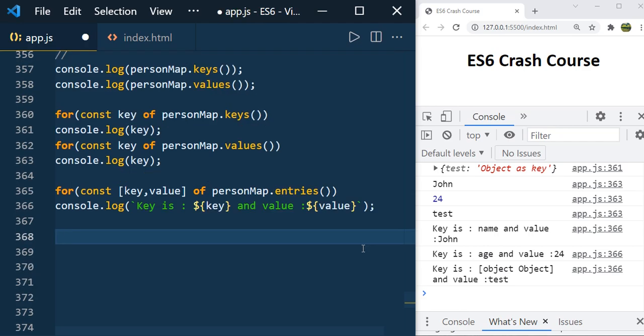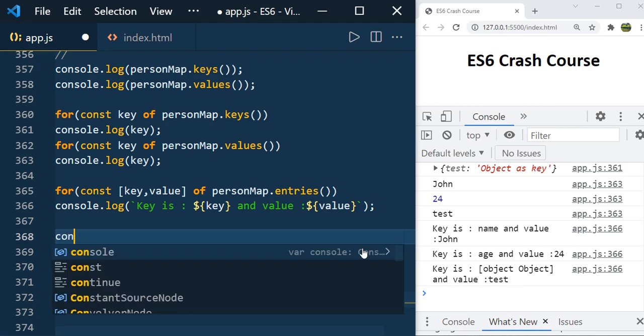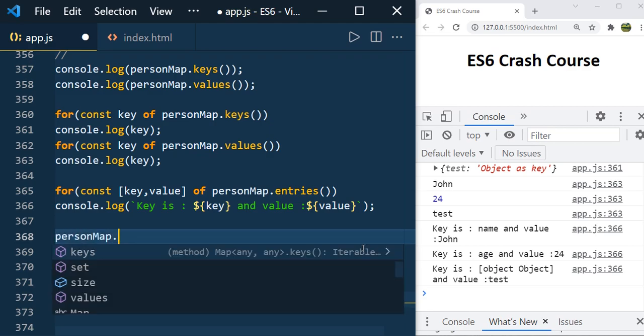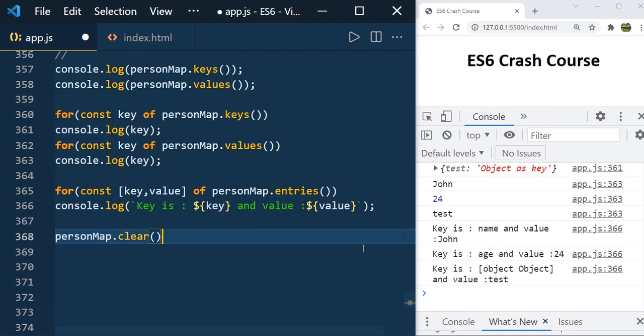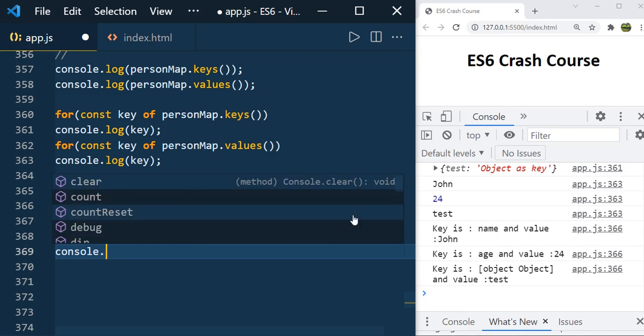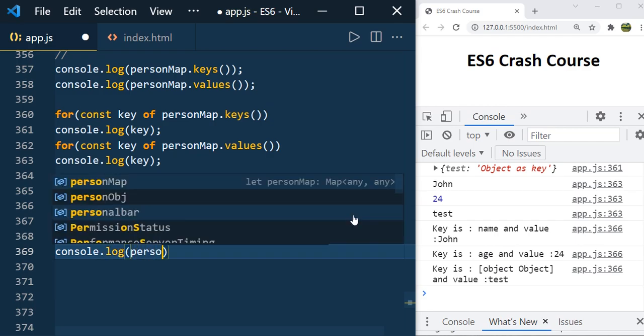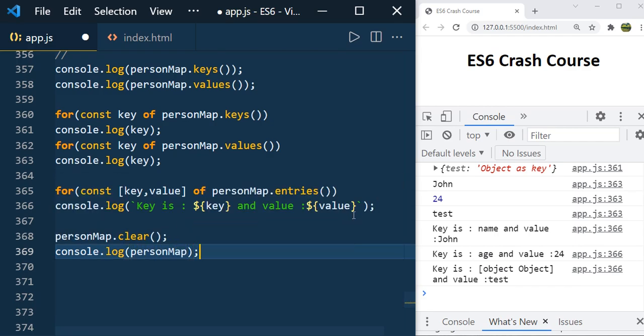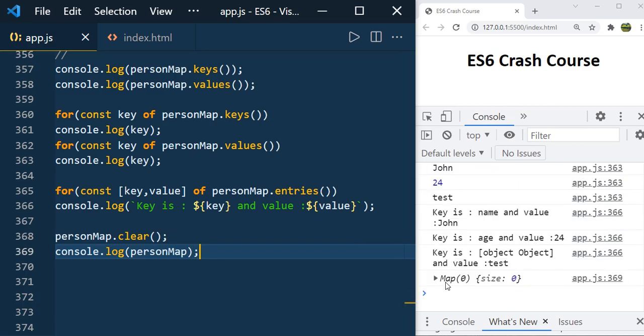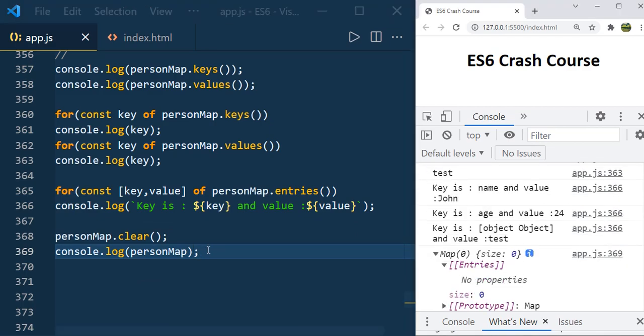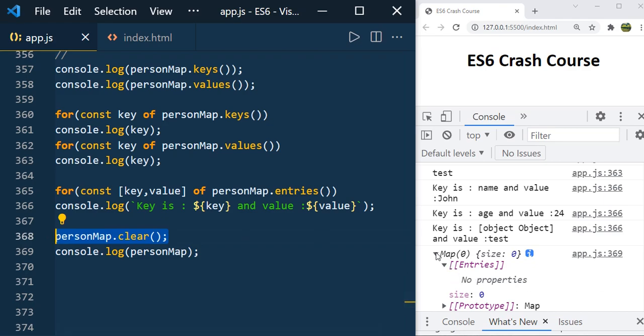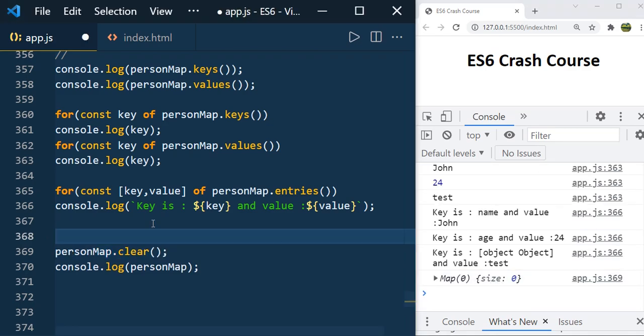If you'd like to clear all the entries from the map, you can use the method called clear. So you can say personMap.clear, and after that let us print the personMap, console.log personMap. You can see that Map 0, so it is just cleared, and you can see that map size of 0. Before clearing, let us discuss another important method, that is has.